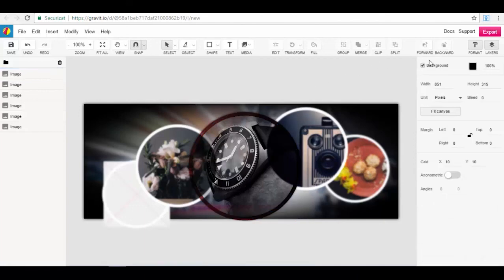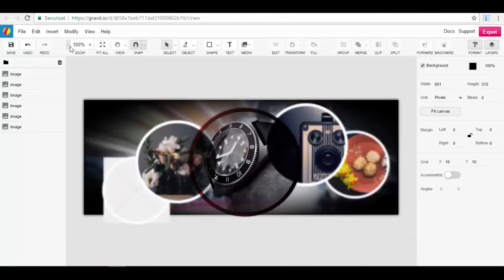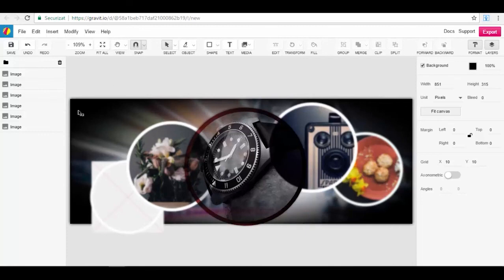It's pretty nice. Now, as you can see here in the upper part, just above the canvas, you have some other options as well. We went through the undo, redo options, the zooming in and zooming out. It's something very easy, fit all, so it will fit your whole screen. You have the select options here,